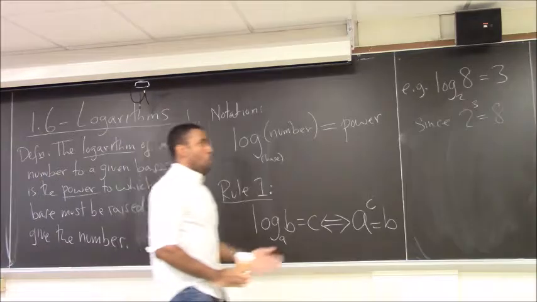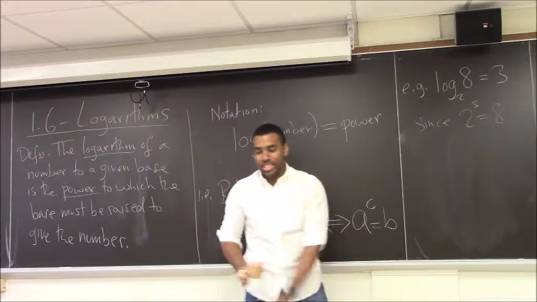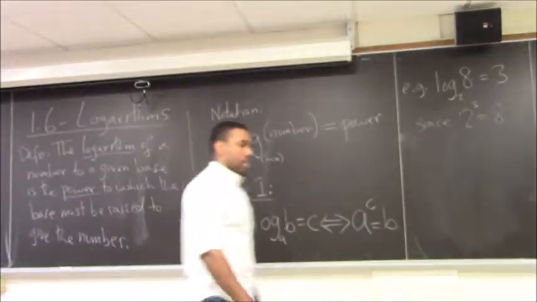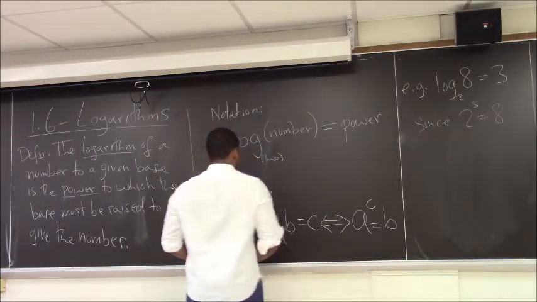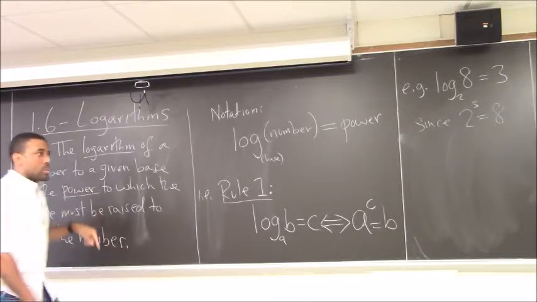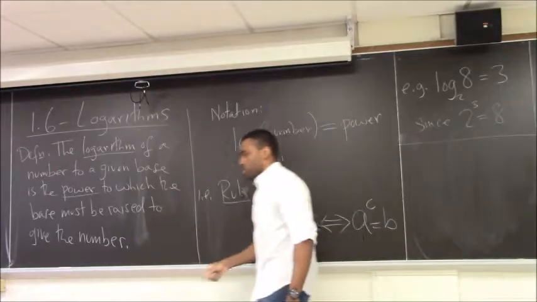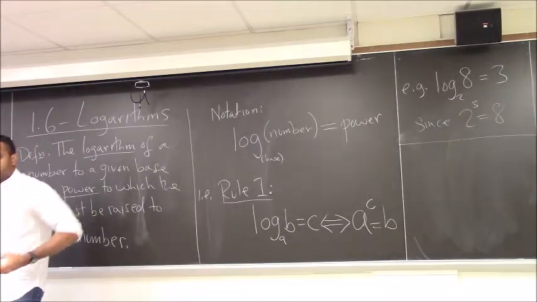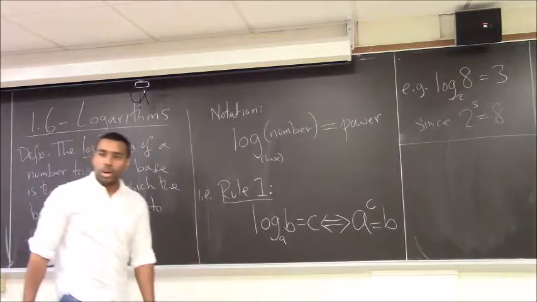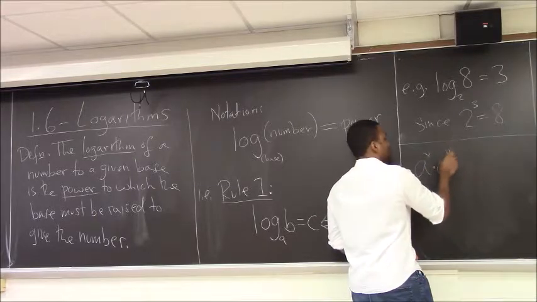And now you're like, what was wrong with 2 cubed equals 8? Why this complication of an entirely new function? It turns out that this function actually makes a lot of things a lot easier, because its output is the power. You might notice that when you're applying rules with exponents, the operation going on in the power is always easier than the operation going on with the entire function. If you look at multiplication of two things,